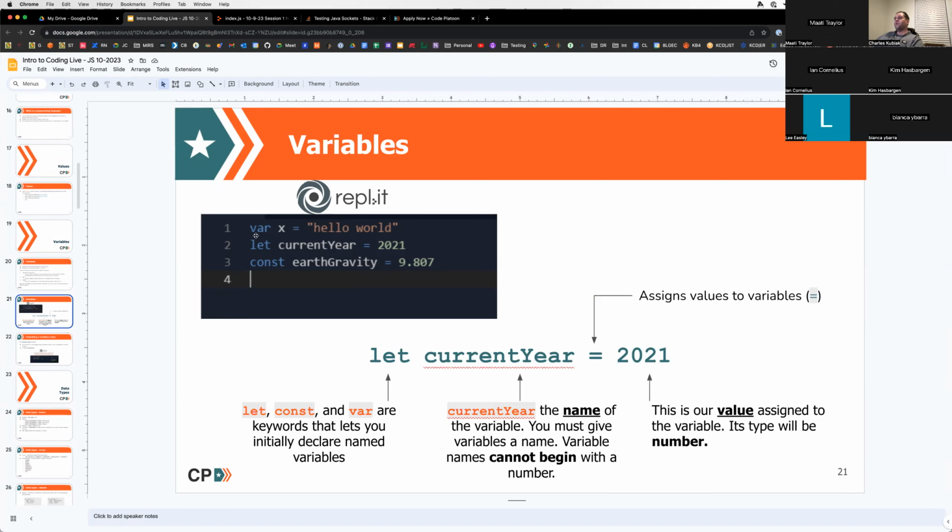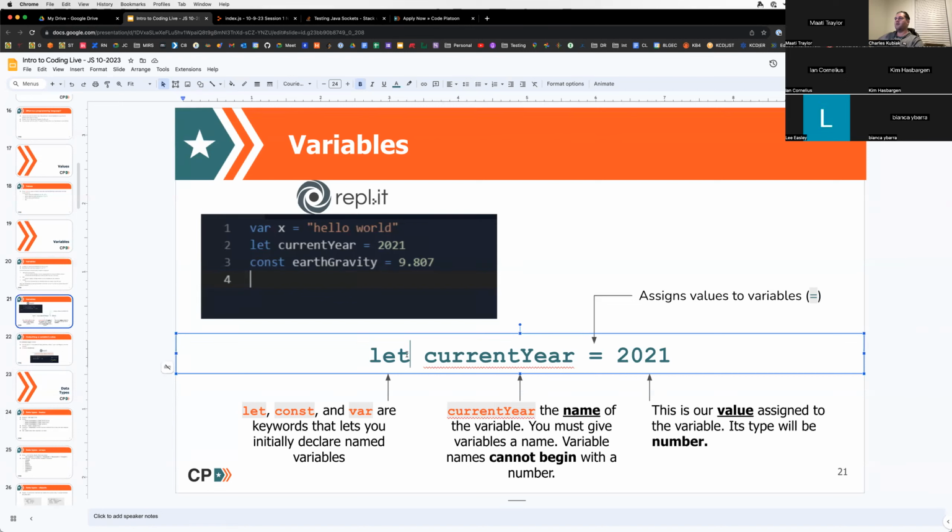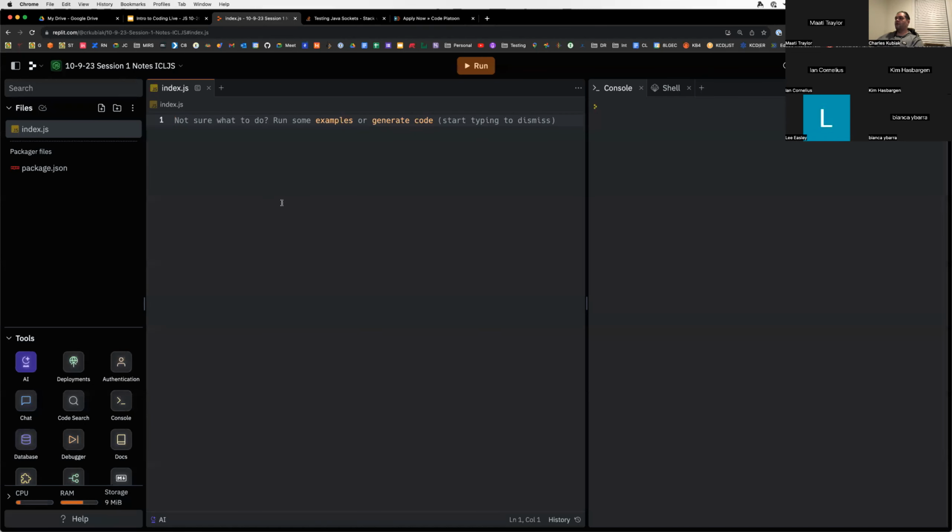All right, so this is what a variable looks like, right? There's var, let, and const, and we can break these down. We talked about this being a reserved word. Anytime JavaScript sees var, let, or const, it knows it's expecting a variable name next. So this is the name of the variable, we call it current year, and then this is the value. Remember back to our first section, variables are how we store values and retrieve them again in the future, right? So var,